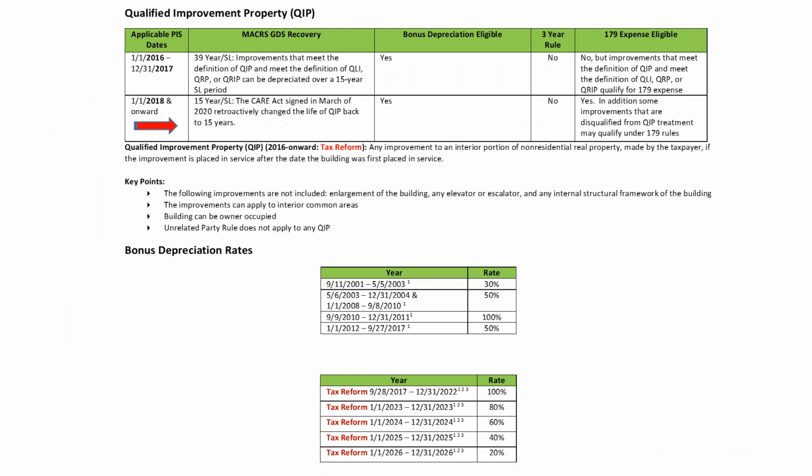Okay, so this is a simple tool that we have developed to help understand the QIP piece of things. Hopefully you can see that on the screen, and we can provide it to you in one of our handouts. What we have developed is a qualified improvement property decision tree that would walk you through. So it's very important to highlight the red arrow, January 1, 2018 and forward with respect to the CARES Act,